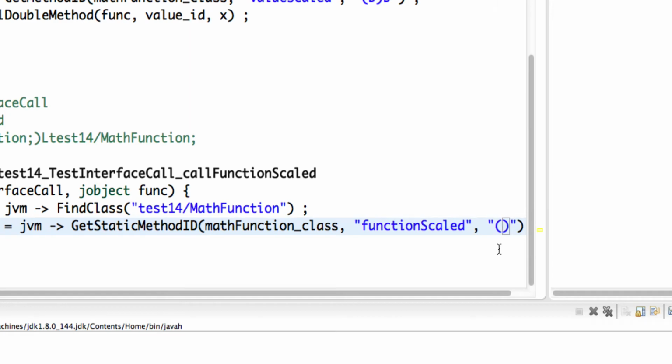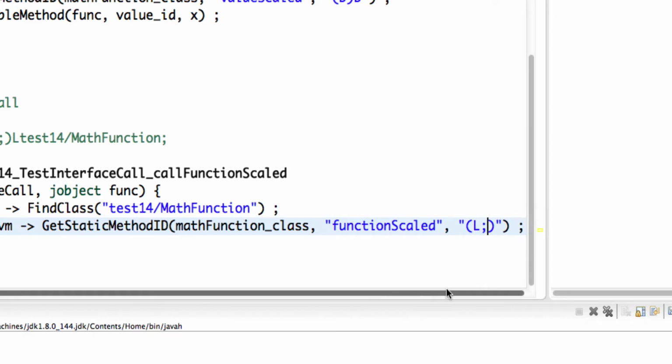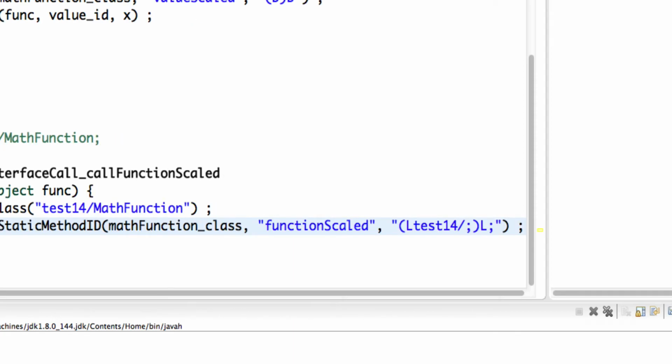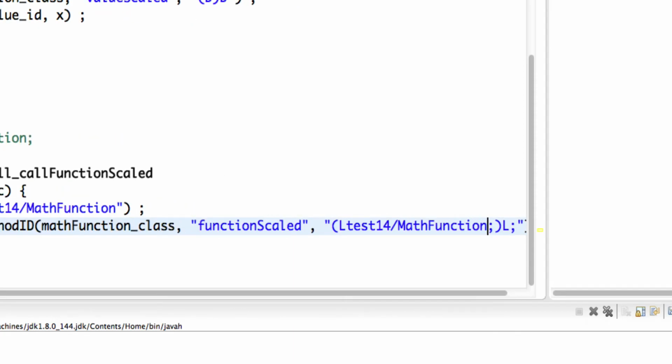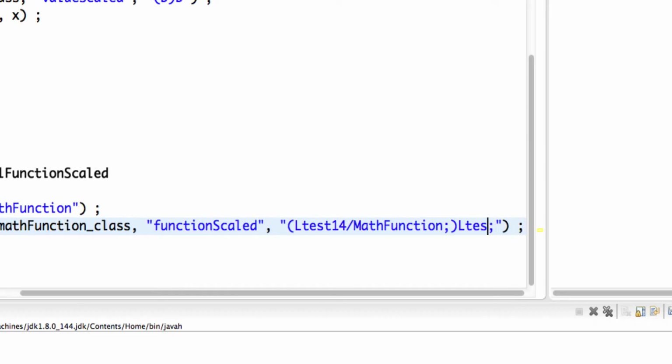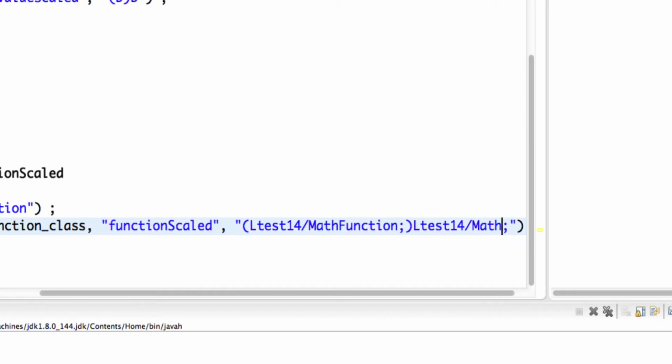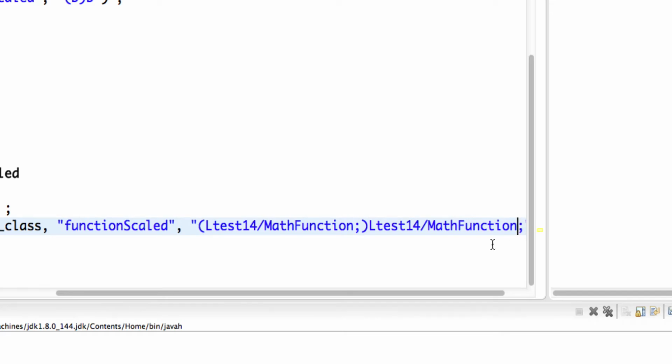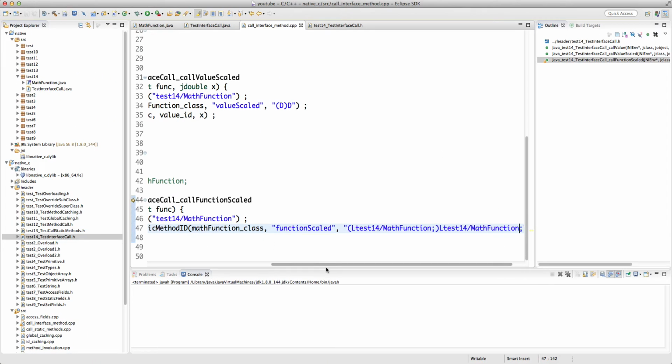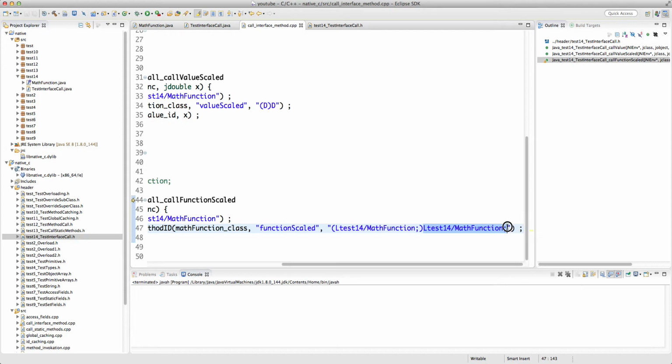So it takes an object, which is basically a math function, and returns an object, which is a math function. Each object has a signature that starts with L and ends with a semicolon. The math function signature is inside the package test14, and the name is math function. It's basically the same here, test14 math function. So again, it's always best to just write the L semicolon first, and then figure out the class